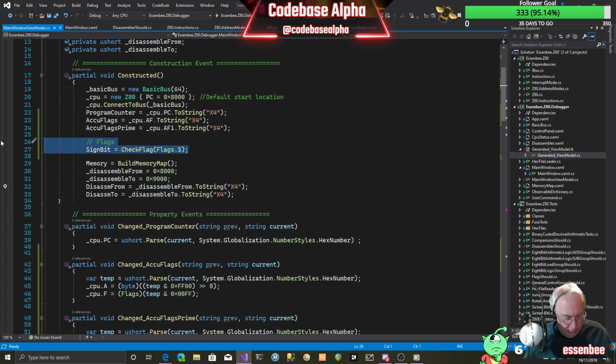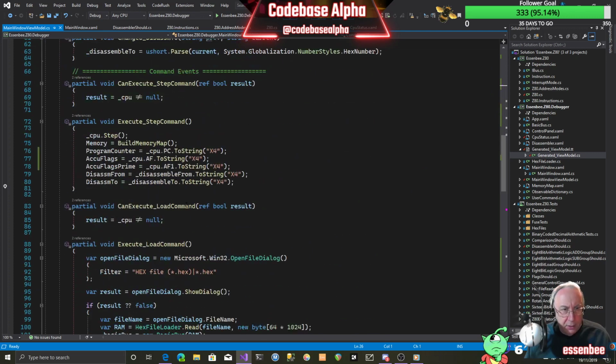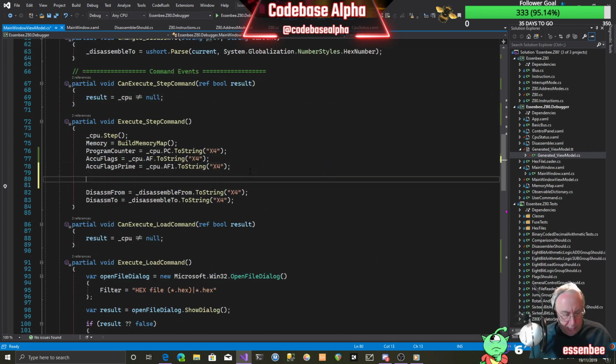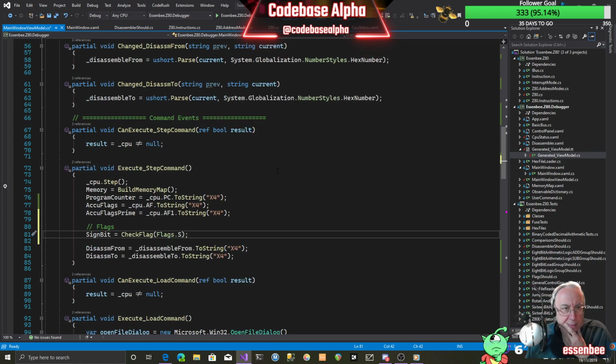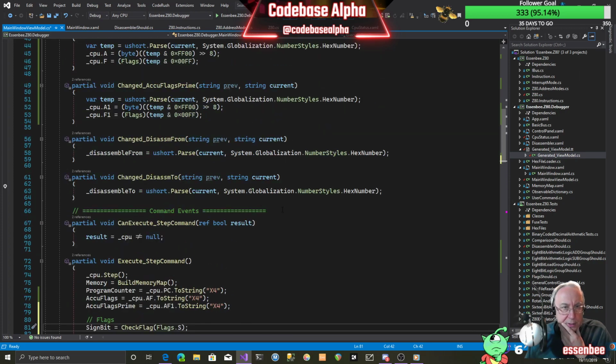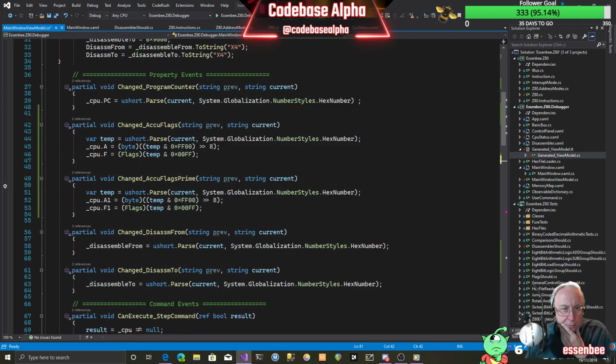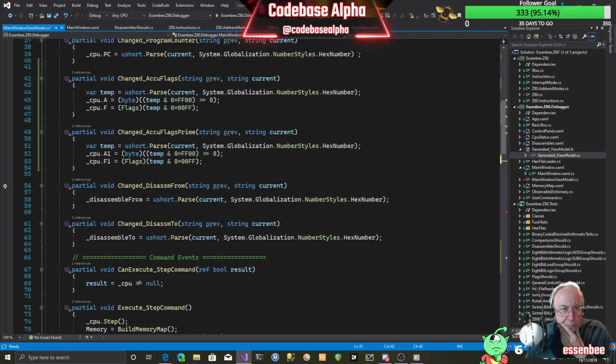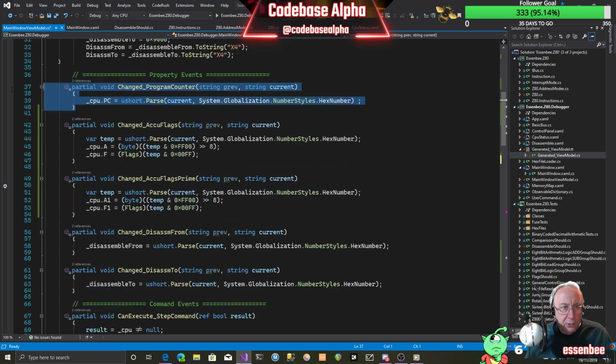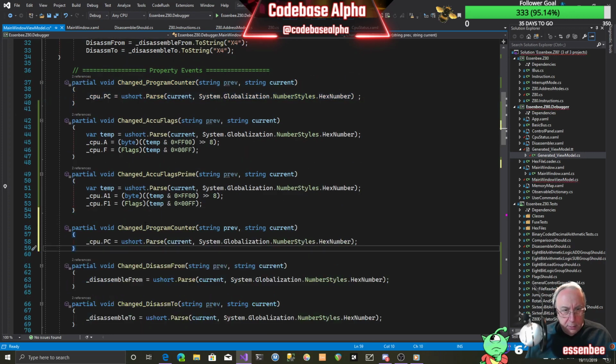So let's get the same logic in our stepping. Flags down there, that bit, and then we want a SignBit changed method as well. So we'll put it down here. It's going to be SignBit,